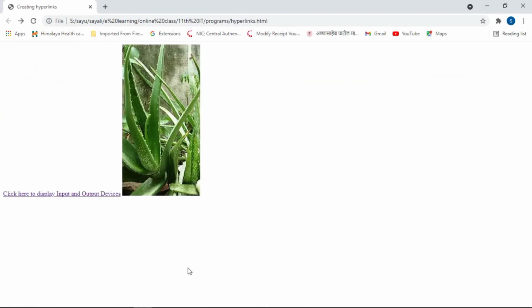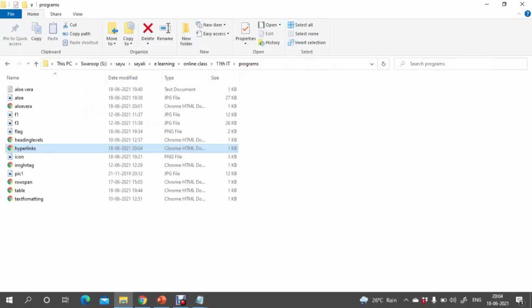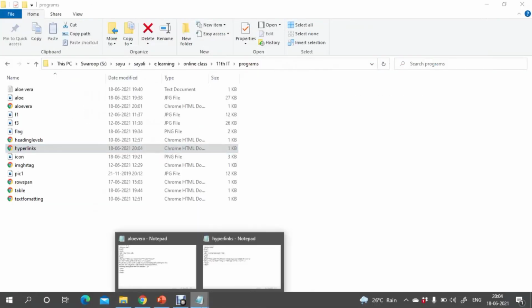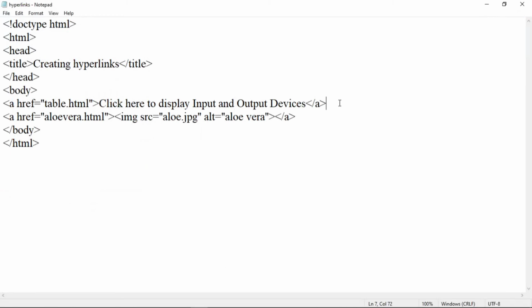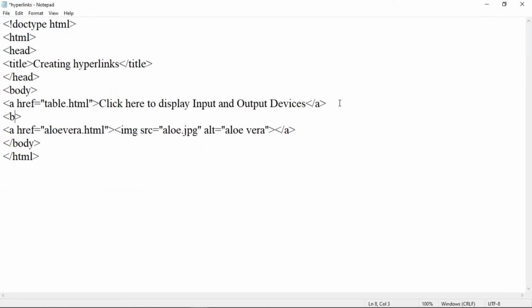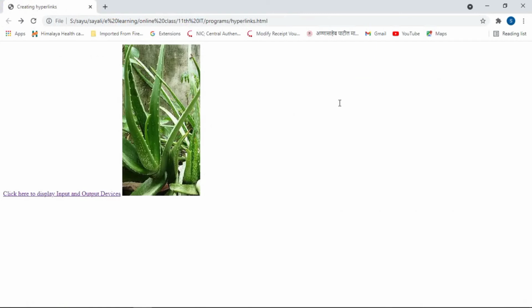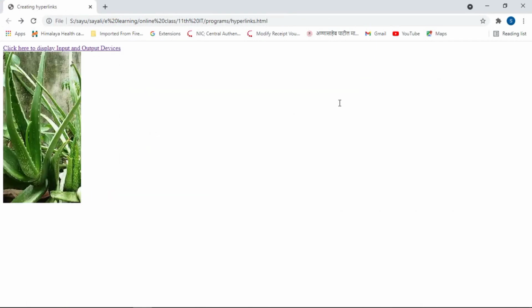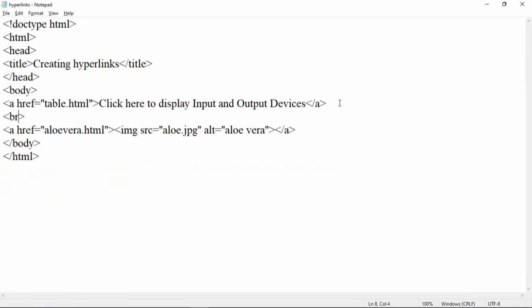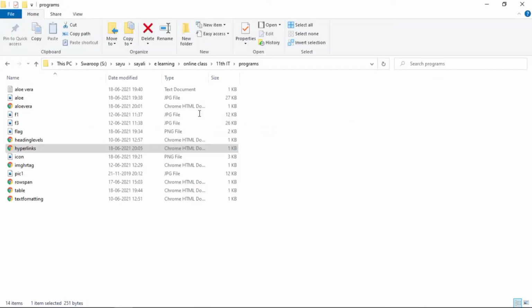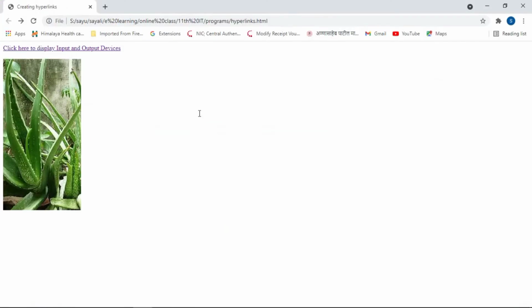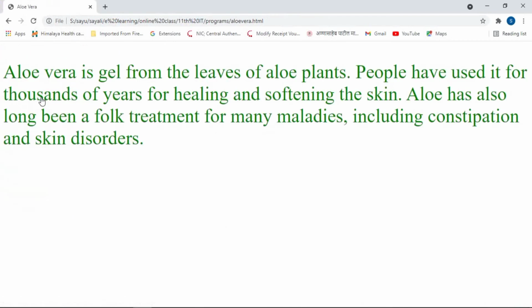If we want to have this on a next line, image to be on a next line, you can use here br tag after the text hyperlink. Refresh the page. To have one more line break, we can use a pair of br tag. Again refresh the page. In this way, this is a text based hyperlink and this is a image hyperlink. After clicking on that, you will be redirected to the different page.